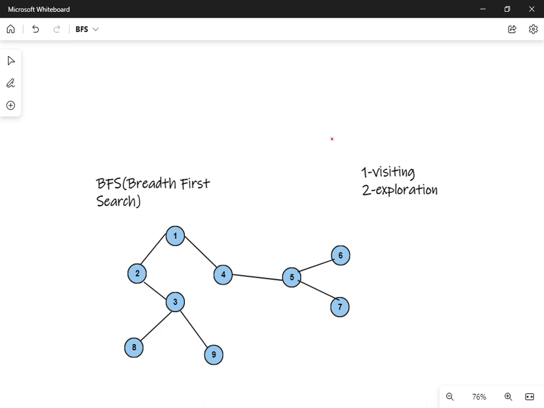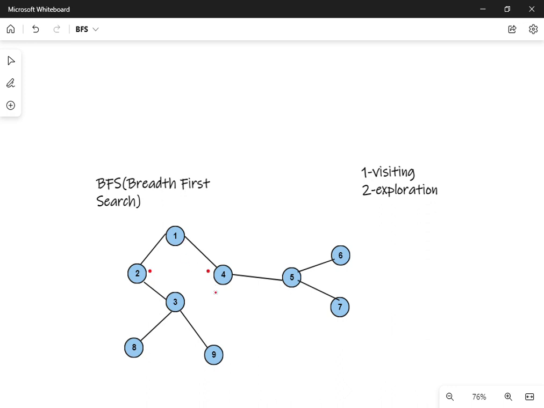What is exploration? Exploration means we have to visit the adjacent vertices of our selected vertex. What is the meaning of adjacent vertex? Let me tell you with an example. For example, if we select 1 as our first vertex, in exploration we have to visit 2 and 4 as its adjacent vertices because 2 and 4 are the adjacent